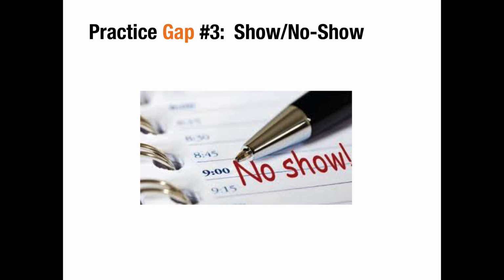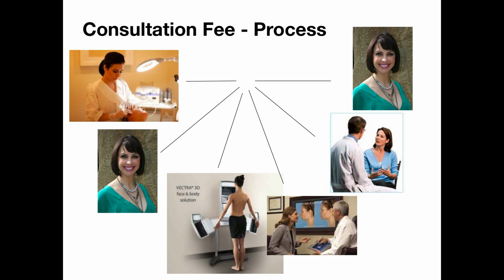Now here's practice gap number 3, the old show, no show game. As you're painfully aware, it creates havoc on your schedule when patients are a no-show. Now the fix is simple. You've got to charge a consult fee, but you need to explain the value of that consult fee to the caller. For example,